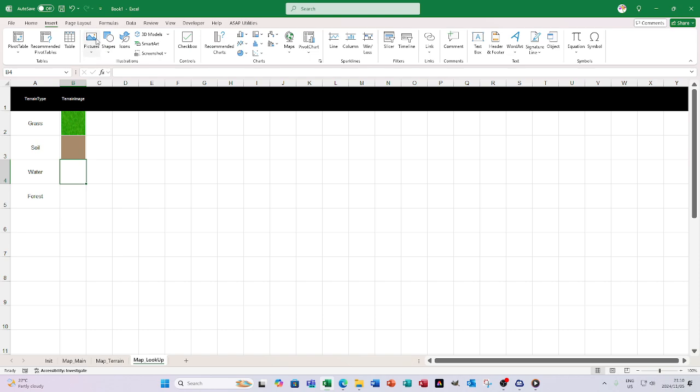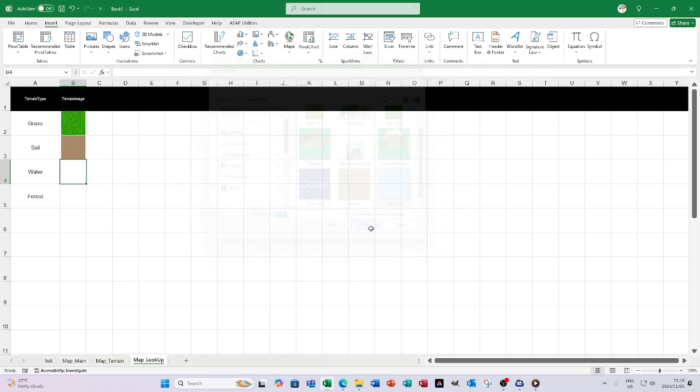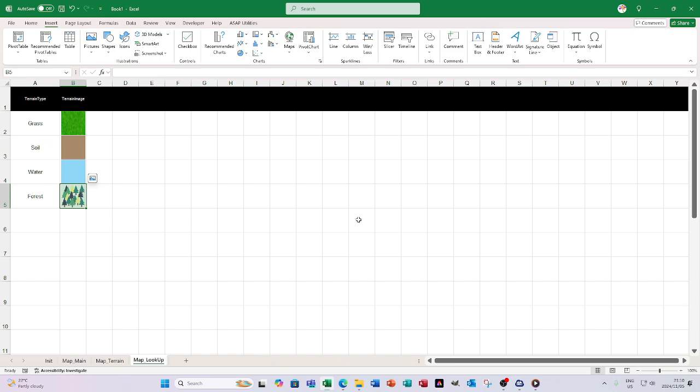So this one is going to be my water, and for that I'm just going to use blue. And my forest, I'll place in the cell, and I'm going to use that little foresty image. So for now I'm just going to create the 4 types of tiles, and I'm going to go into my